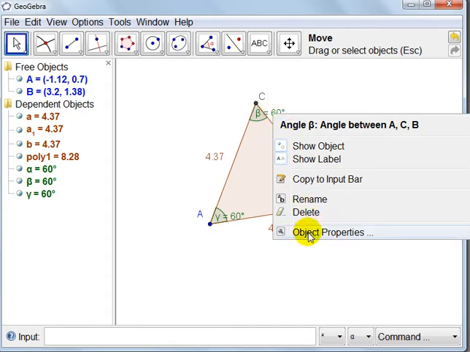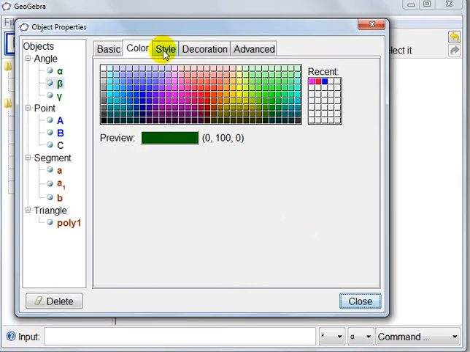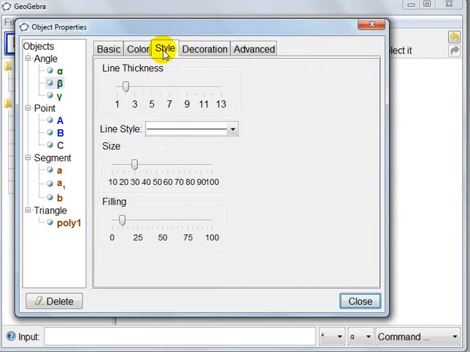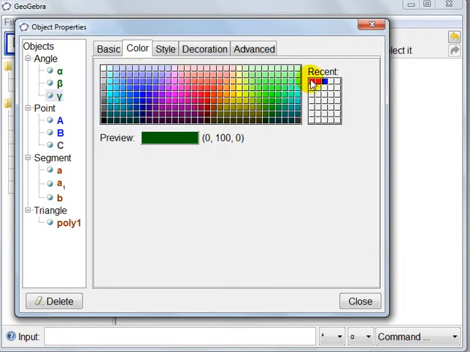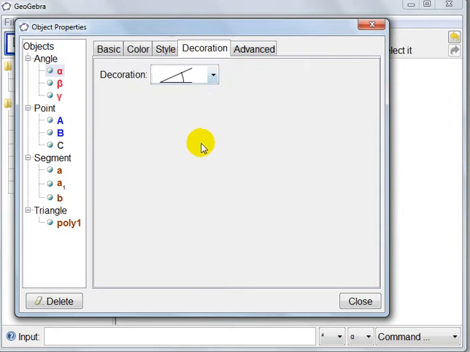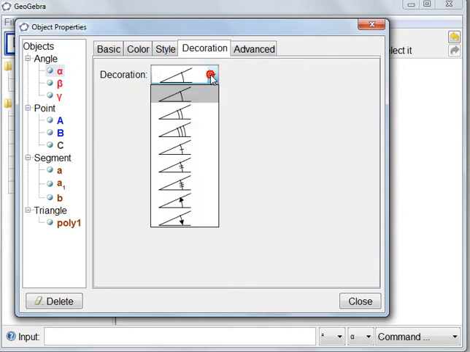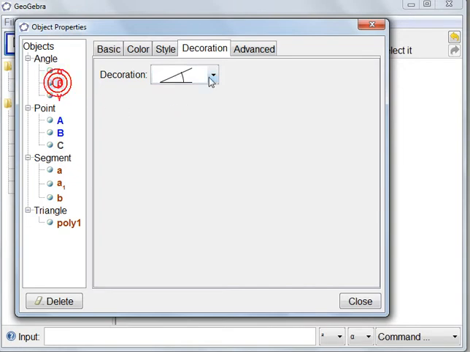And again, object properties, we try to change the style. Perhaps I can increase the thickness of each of these. I'm selecting 5. I can change the color. I might want it to be a little bit more outstanding, depending on what I want to do. And let's look at decoration. I can use 2 of these,